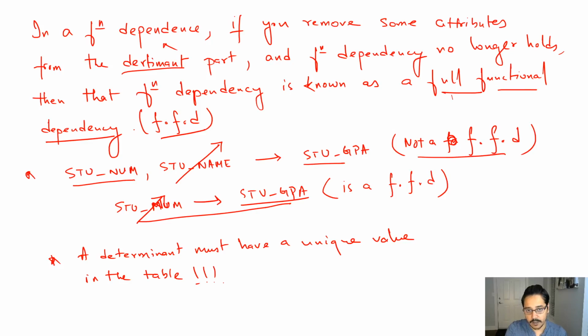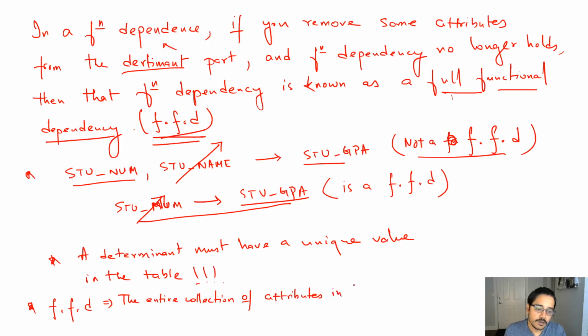So another way of stating full functional dependency would be: the entire collection of attributes in the determinant side are necessary for the functional dependency to hold. Okay. So now based on this,